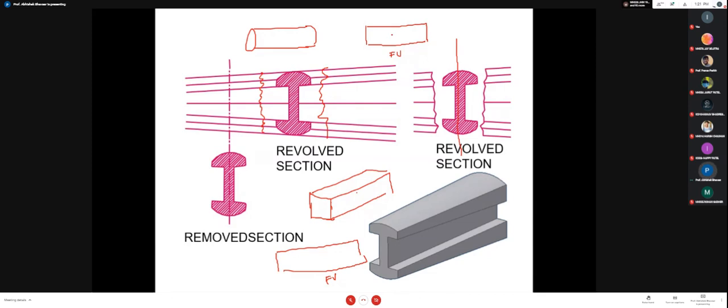Now, both of these front views are looking identical. So what are the differences? How can I come to know that there is a difference between these two? So I can draw a cutting view. I cut it. After cutting, here the cylindrical portion will be there. Now I'm going to rotate it clockwise by 90 degrees, and after revolving it, I am going to draw the shape over here. So from this figure, I come to know that it has a circular cross section.